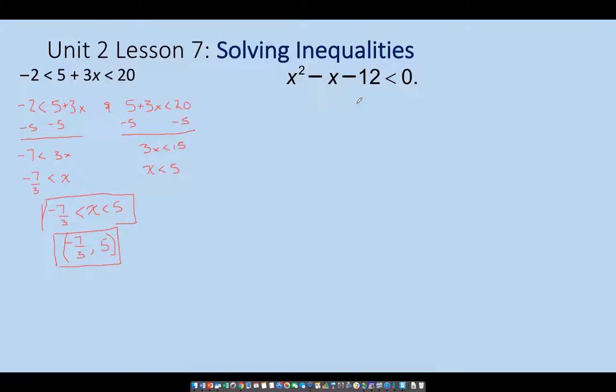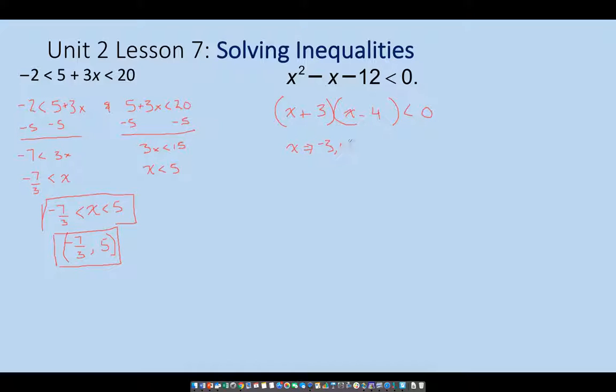Okay, moving on. Here is our example of a quadratic. All right, well, the quadratic's not going to be altogether that much excitement. So we've got it equal to 0. We're going to factor it. We've got x. We know we're going to have one positive, one negative. Factors of 12 that give me -1 would be +3 and -4. And so kind of my tentative starting solutions here, x being